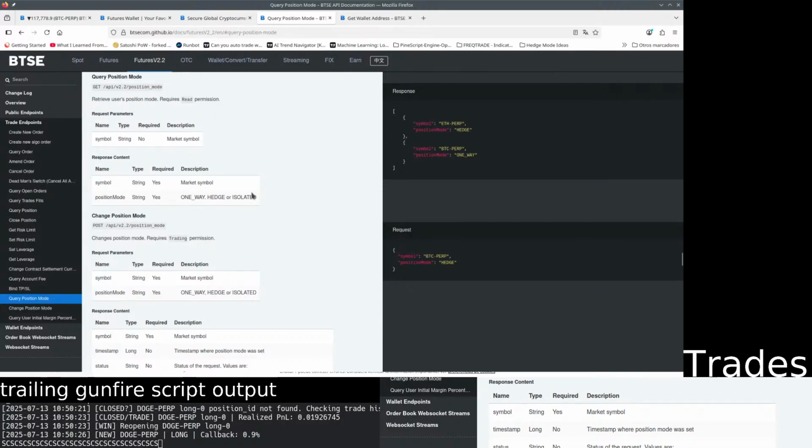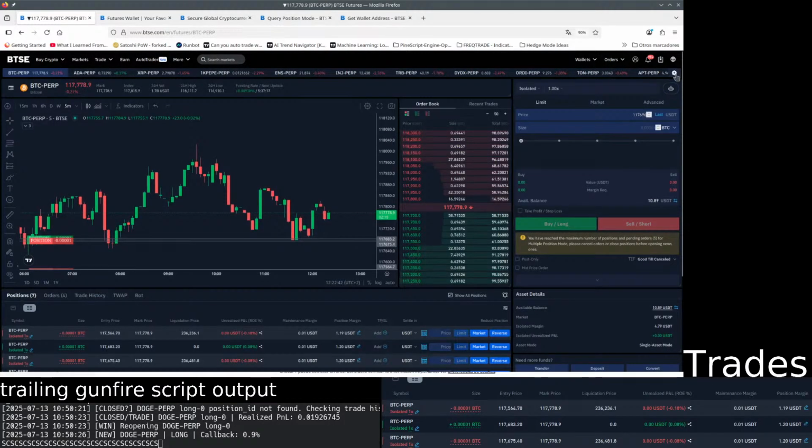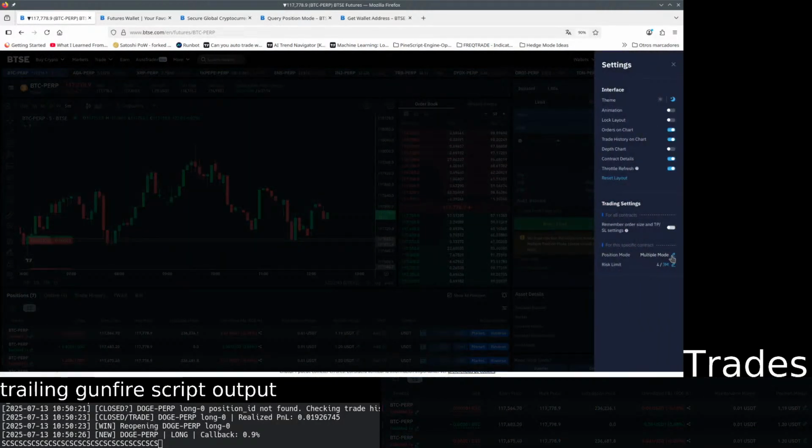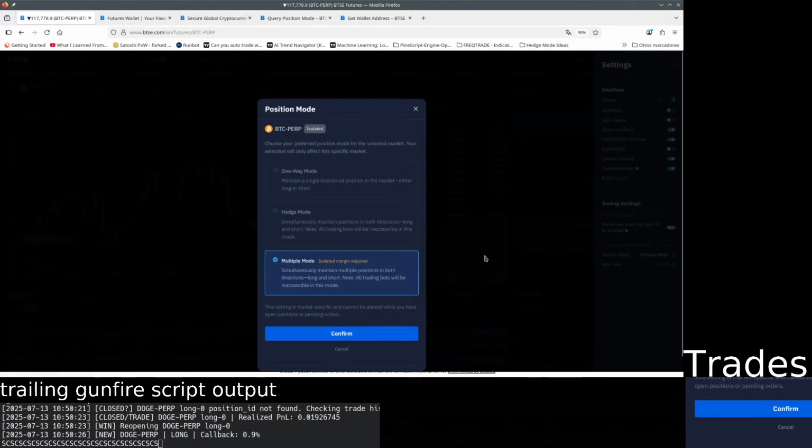One way edge isolated. This is position mode from here. One way edge isolated. So apparently